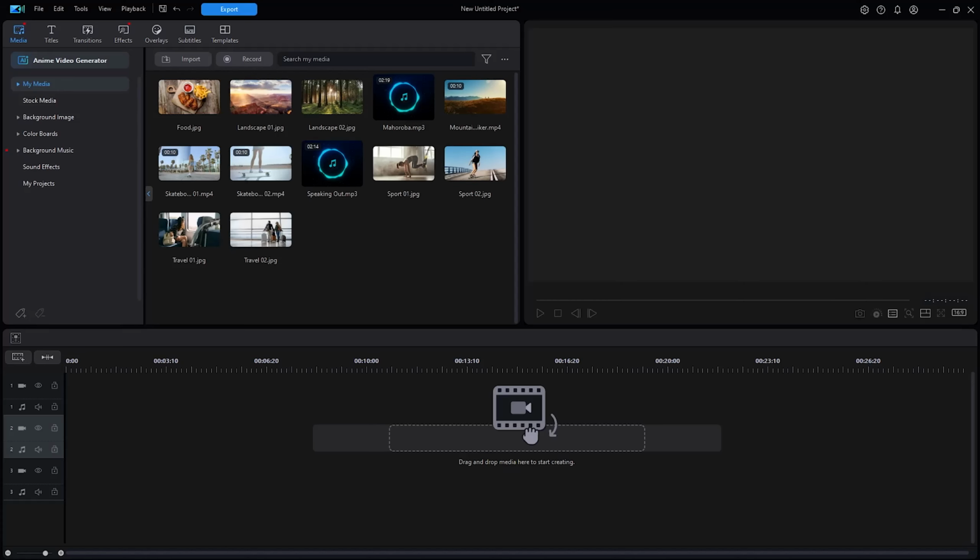In today's video, I'll show you how you can cut and trim videos in PowerDirector. So let's get started. So here we are in PowerDirector, and from here, what you need to do is to